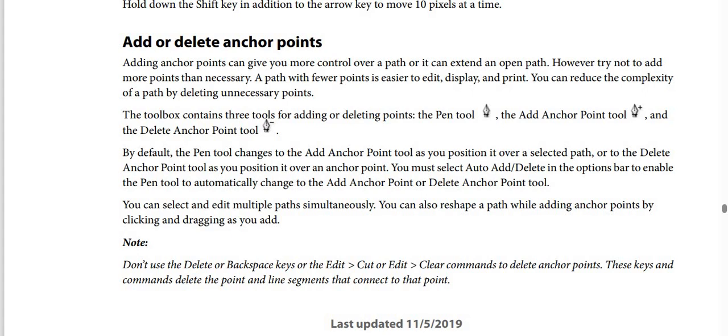And the toolbox contains 3 tools for adding or deleting points: the pen tool, the add anchor point tool, and the delete anchor point tool. And by default, the pen tool changes to the add anchor point tool as you position it over a selected path, or the delete anchor point tool as you position it over an anchor point,